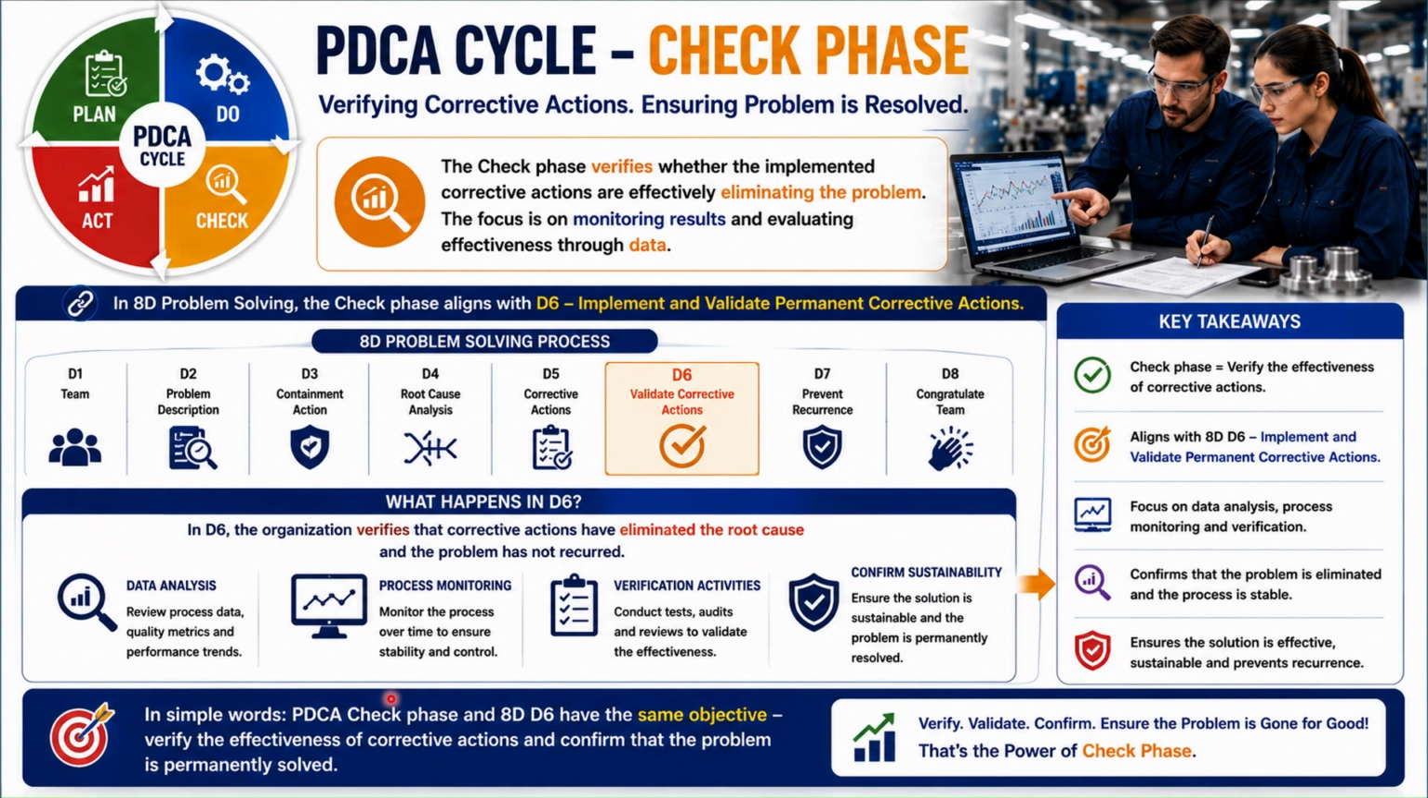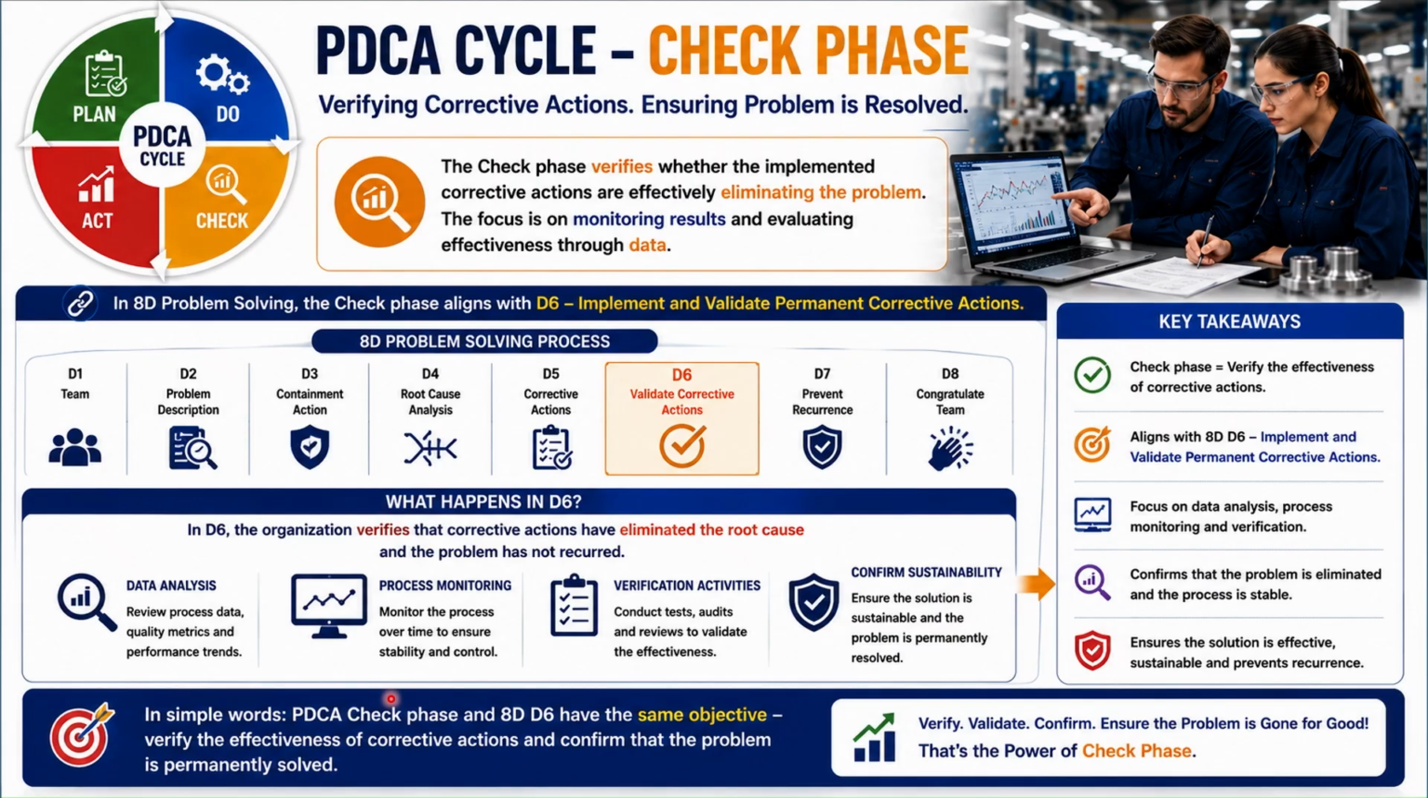The check phase is where organizations verify whether the implemented corrective actions are actually delivering the desired results. During this stage, the focus is on monitoring performance, analyzing data, and evaluating the effectiveness of the corrective actions. When we compare the PDCA cycle with 8D problem-solving, the check phase aligns primarily with D6, implement and validate permanent